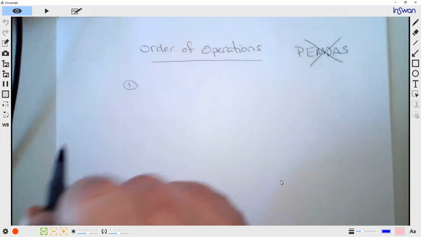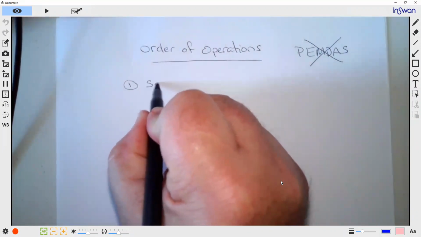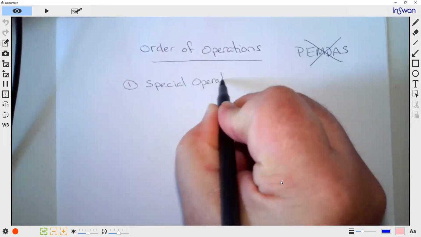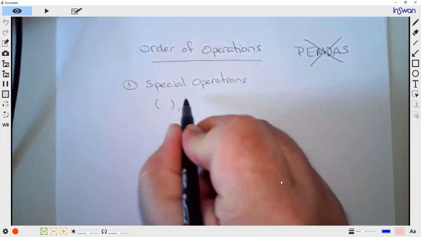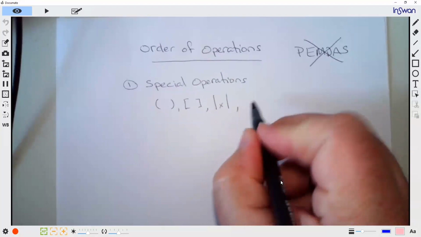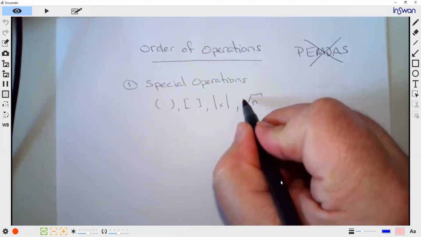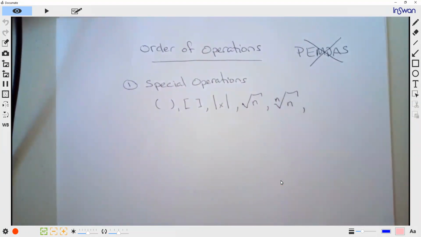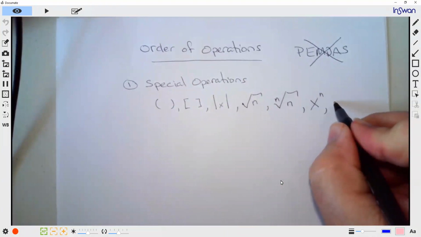I'm going to go through the whole rules here. There are only 3 steps, really. Order of operations. The first thing you do are the special operations. What do I mean by that? I mean like parentheses, brackets, absolute values, radicals, any size radicals, exponents, factorials,